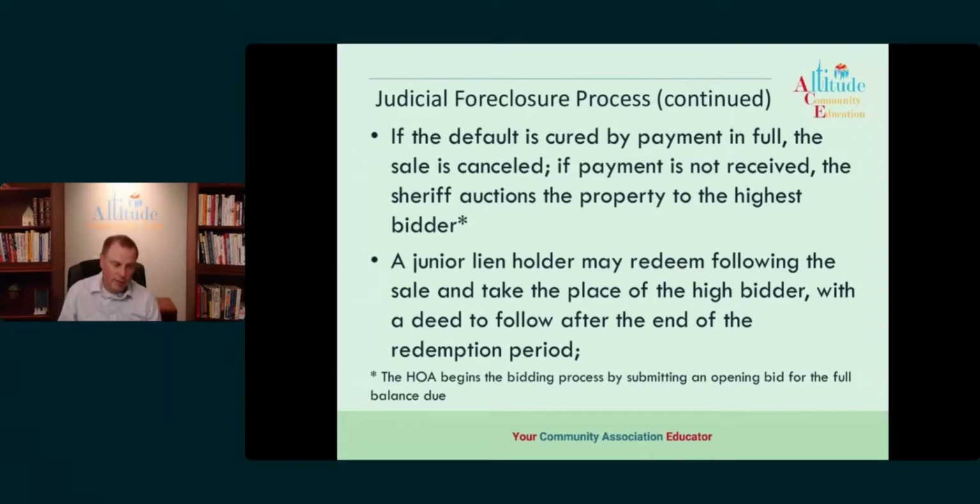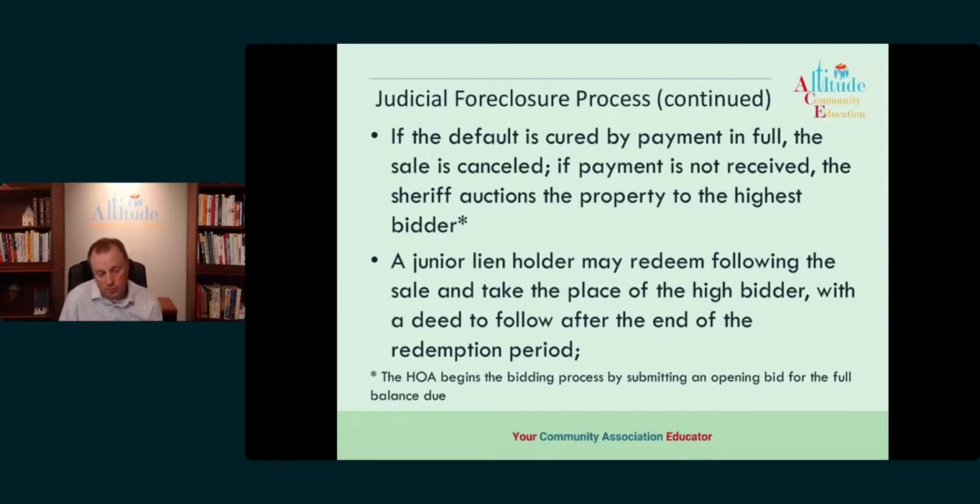Now, one of the things that the legislation is trying to change, and I assume they tried to pass it last year, and I assume they'll try to pass it again this year, is they don't like the idea of a $1 million property or a $500,000 property going to sale for $20,000. In their mind, the homeowner is losing all the equity that they have in the property, and that is not fair. So what they've been trying to push is that the property has to sell for 80% of fair market value, or whatever number they decide. 80% is kind of what they've been looking at.